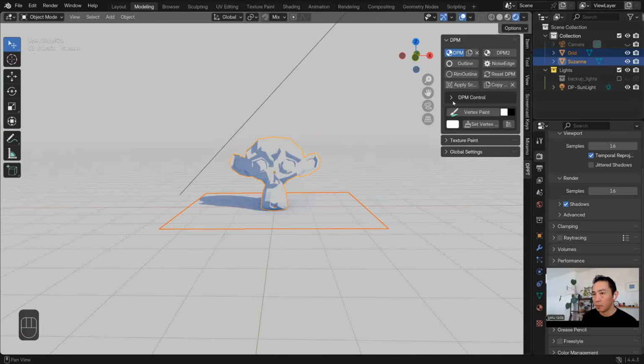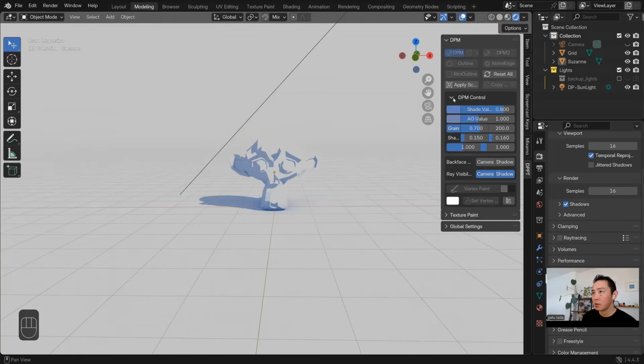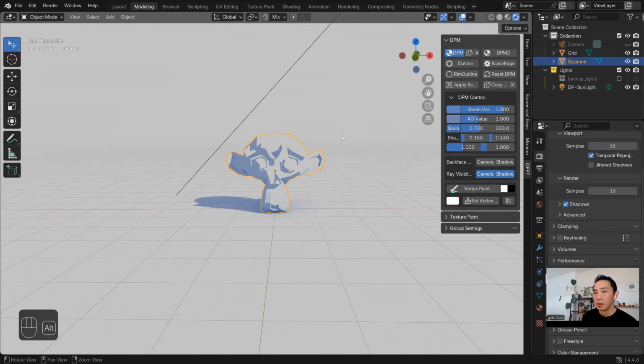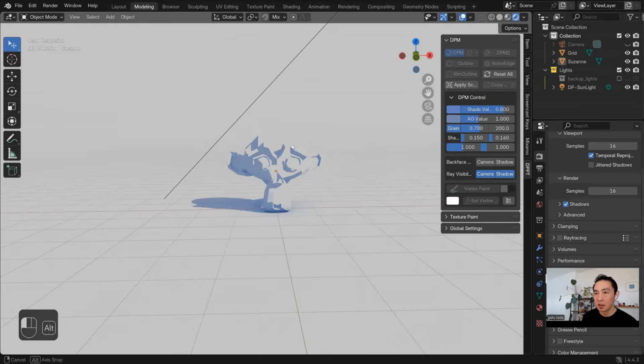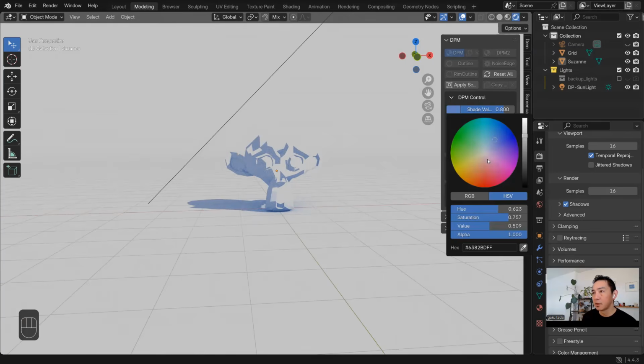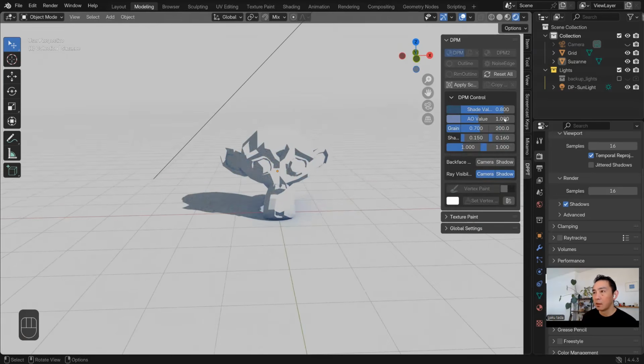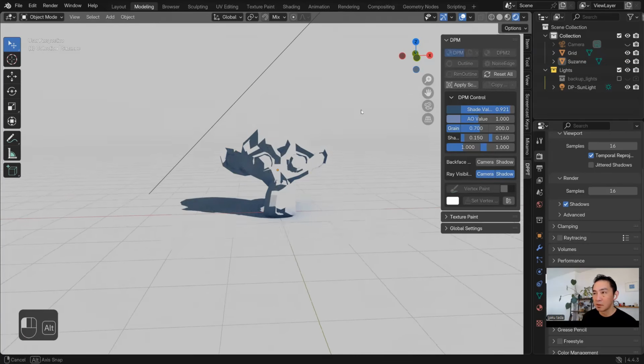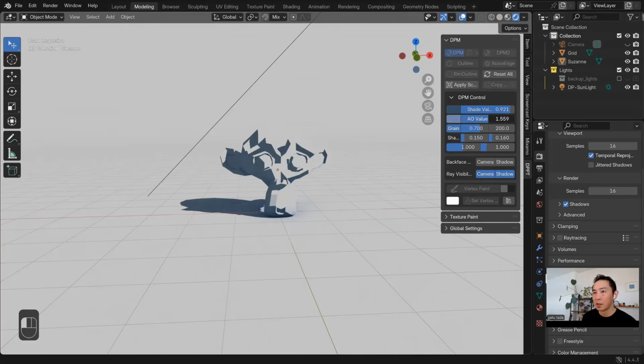And we have this control, DPM control. The default shading is blue color, but you can change it from here if you want a different color or make it dark or whatever. And you have a value control to change the strength and the ambient occlusion values.